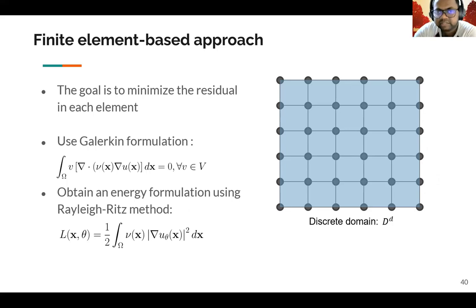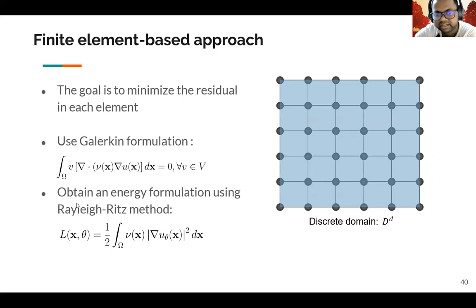The goal of the finite element based approach is also similar to the goal which we looked at when we were dealing with finite difference. We still want to minimize a residual. We still want to have an objective function or a loss function. But in this case, the minimization of loss which we are performing is not just on the nodes, which was the case in finite difference and finite volume methods. Here instead, we are going to perform this residual minimization for the whole element. And for this, we use a Galerkin formulation where we define a test function and multiply that over the whole domain. And we would like this residual to go to 0.